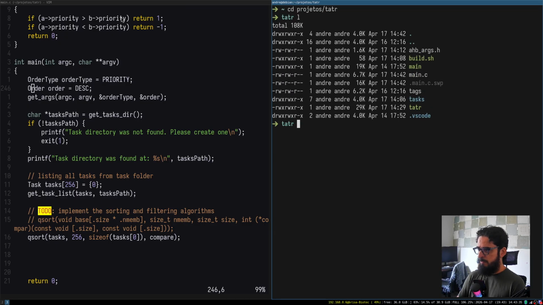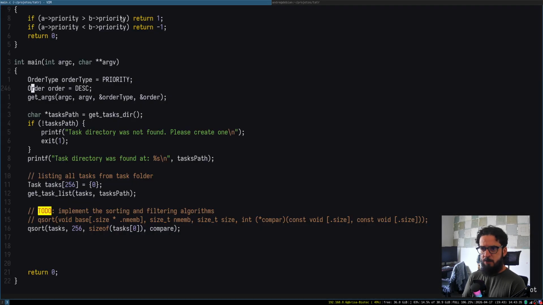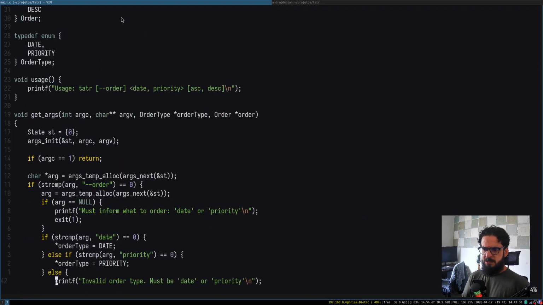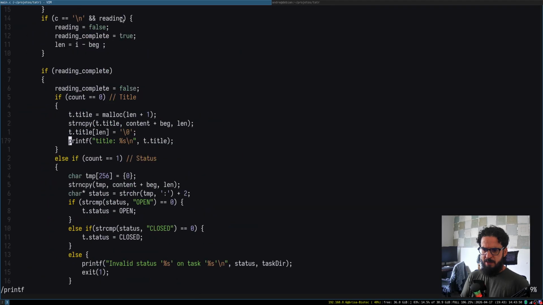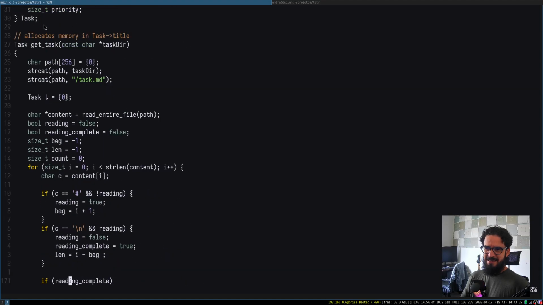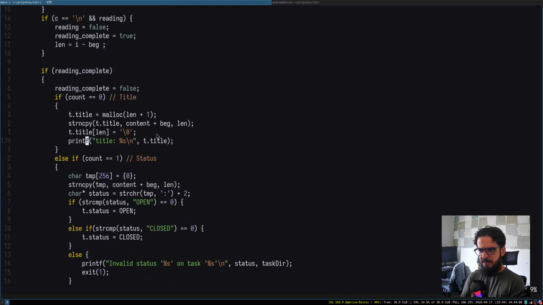So I can increase here and I can just do this, and quickly I can transit from one to another. So we are printing somewhere and I want to, where is it? Must inform, invalid, must inform, invalid, invalid. Oh, it's in here. So when we are getting the task, yeah, this was for debugging, so I don't need that anymore. But I want,